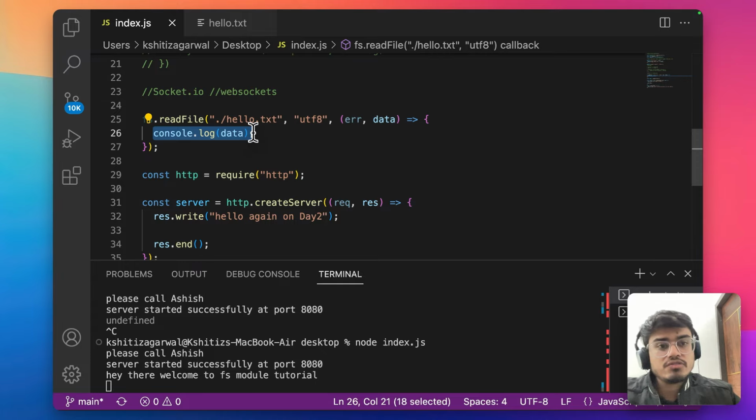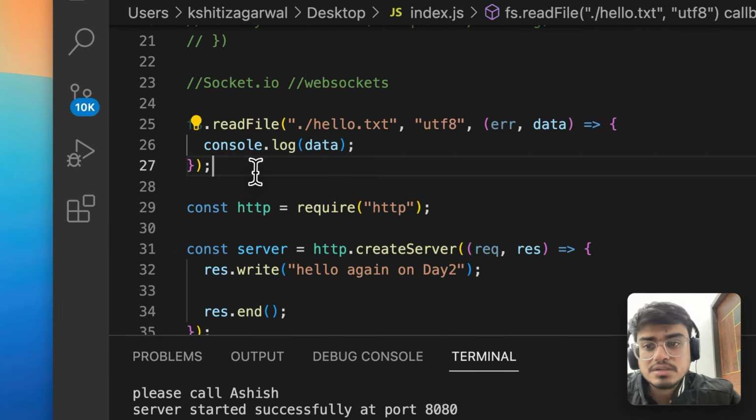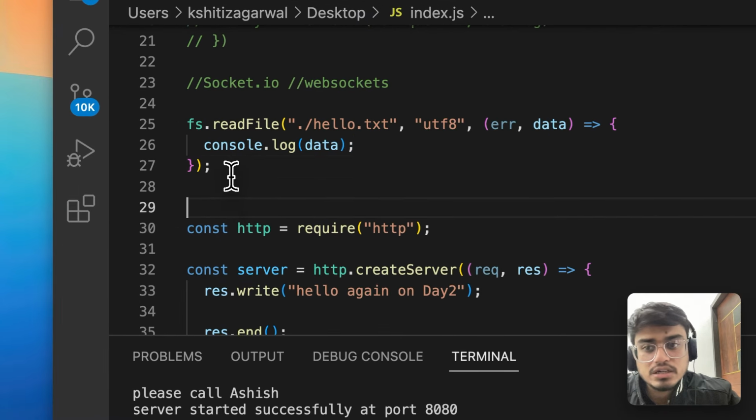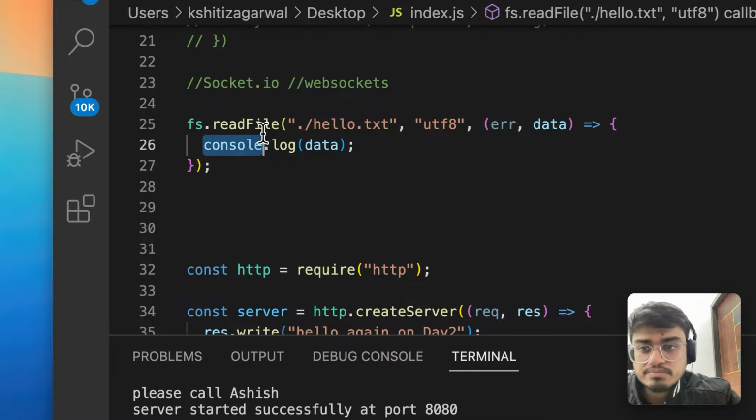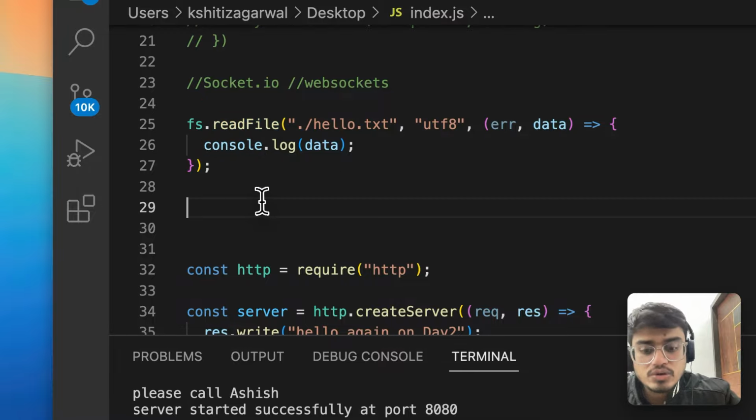Let's say you have a CSV file or an Excel file with lots of data. You can do certain operations on that, save it again, and upload it on your server or anything. So that is the power of Node.js. It helps you to read the files using JavaScript. So now you are clear with readFile. So now let's move ahead with